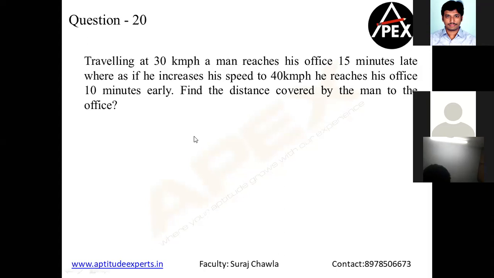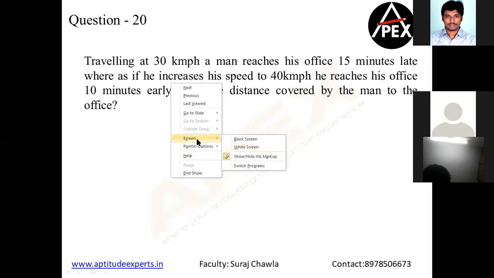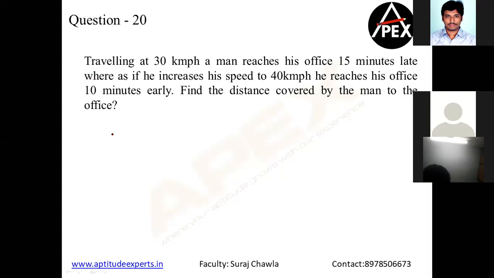Now, this question says, and there are two ways here, that if he's traveling at 30 kilometers per hour, he is reaching office 15 minutes late. Now, the concept is quite simple. If he's traveling at 30 kilometers per hour, let us say his usual time to reach the office is t minutes. Now he's reaching 15 minutes late, so t minutes becomes t plus 15 minutes. Now this speed is in kilometers per hour and this time is in minutes, so therefore I have to divide by 60. I repeat, the first point that we discussed yesterday is to make the units the same.